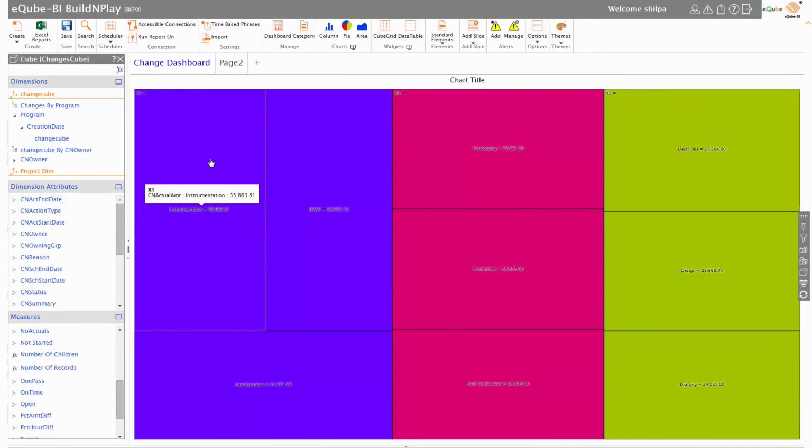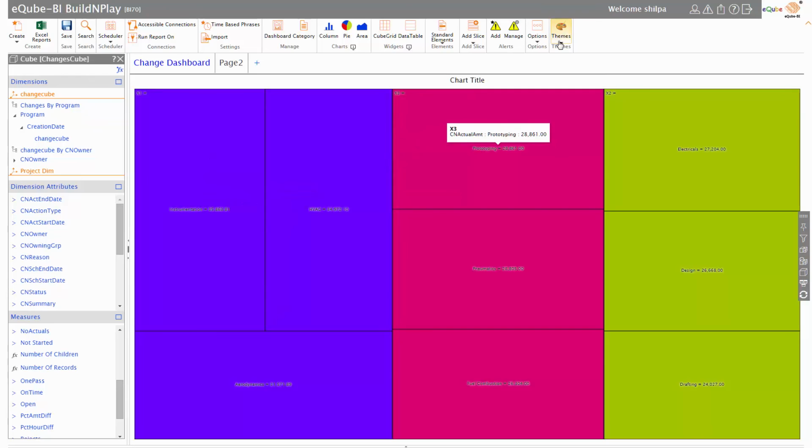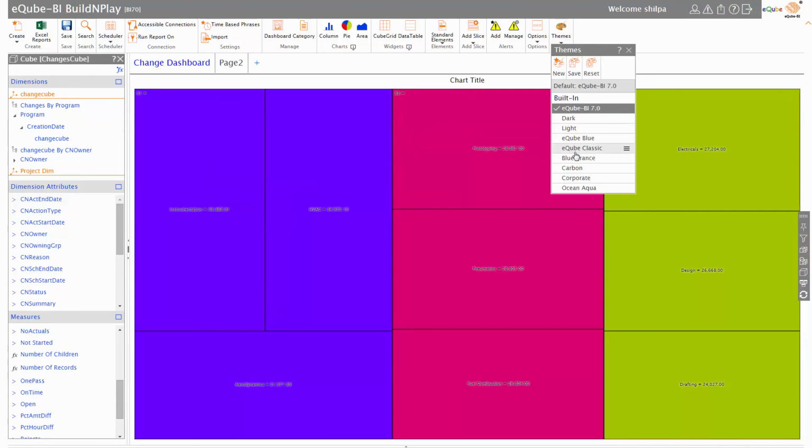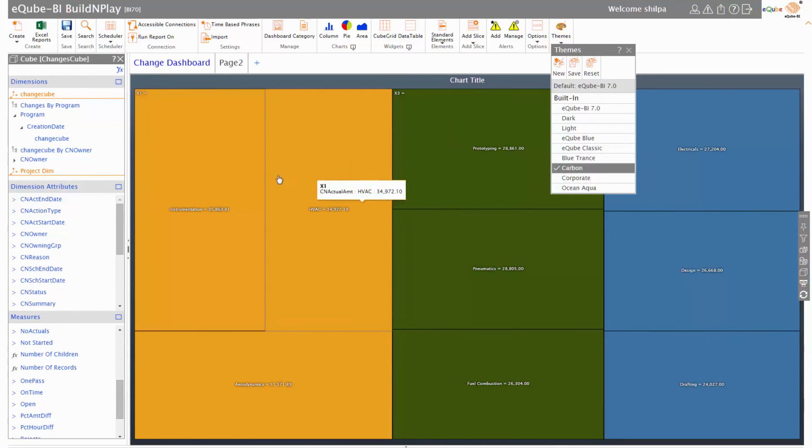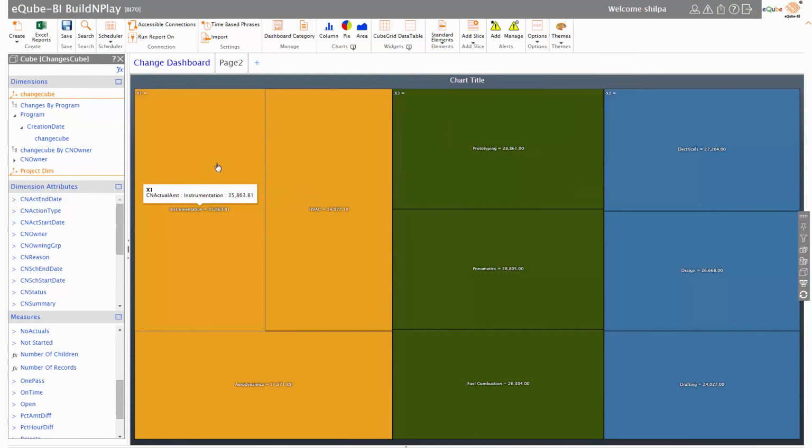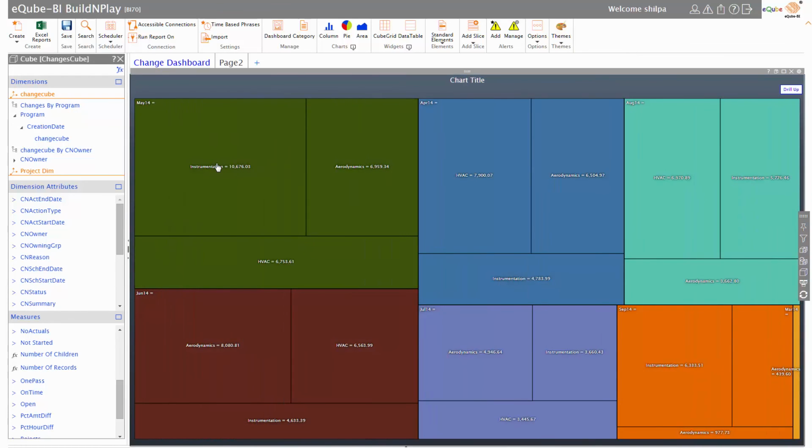To make the report interesting, engaging and visually stimulating, you can apply different themes to the reports. Out of the box, we have provided a few themes which you can apply to your reports. But you can also create your own custom themes and apply them to the report. These themes are applicable to all the pages or all the perspectives for the report.